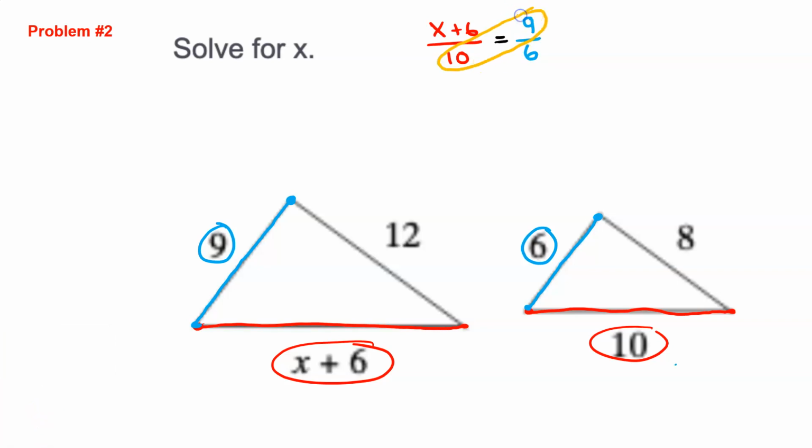All right, let's go through and cross multiply. 9 times 10 gives me 90. And that's equal to, be careful when you cross multiply the other way because you're going to actually have to multiply twice. 6 times x is 6x, and then 6 times 6 gives you positive 36. All right, we have a two-step equation. So what are we going to do next? We're going to subtract 36 from both sides. 90 minus 36 gives me 54. 54 is equal to 6x. If I divide both sides by 6,